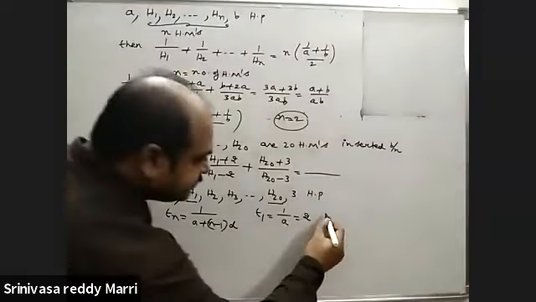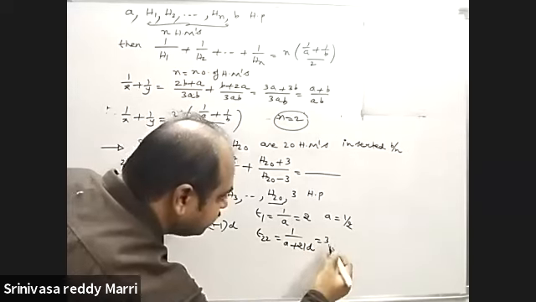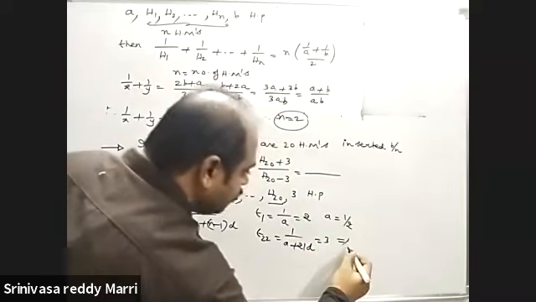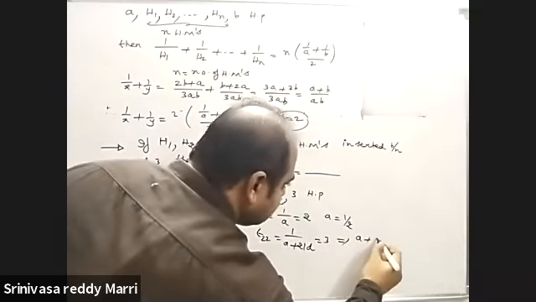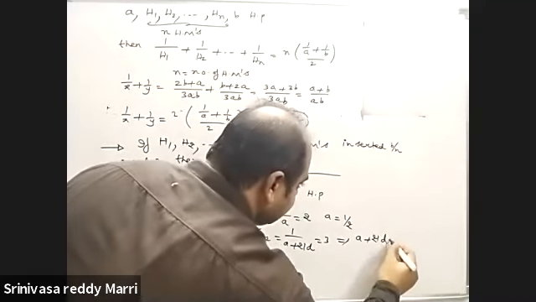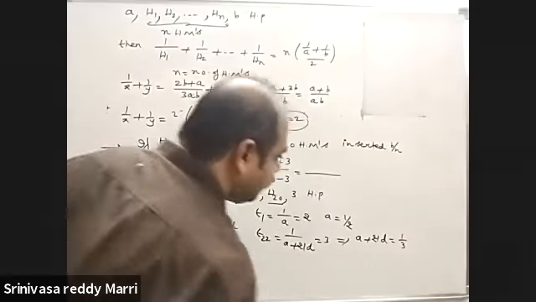3 is given as the last term. How many terms? This is one term. These are 20. So totally from here to here 21. This is how many terms? 22nd term. This is 20. This is 1. So 22nd term. That means a plus 21d is nothing but 3. That implies a plus 21d is nothing but 1 by 3.